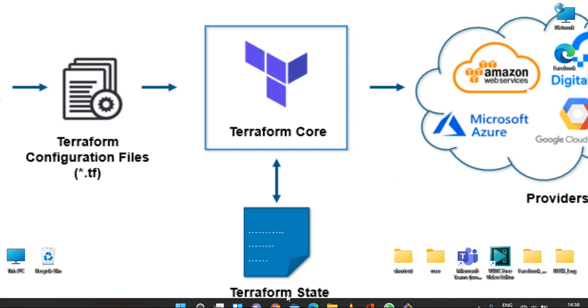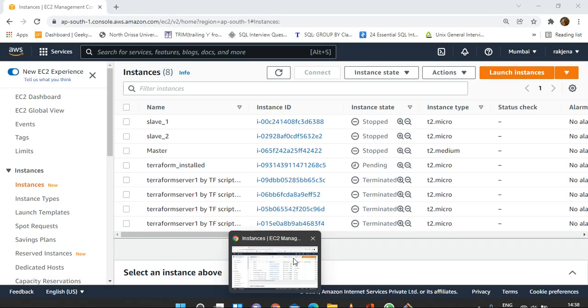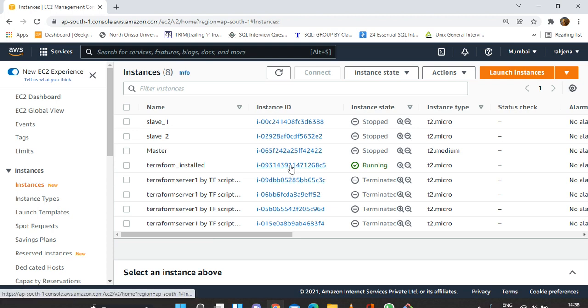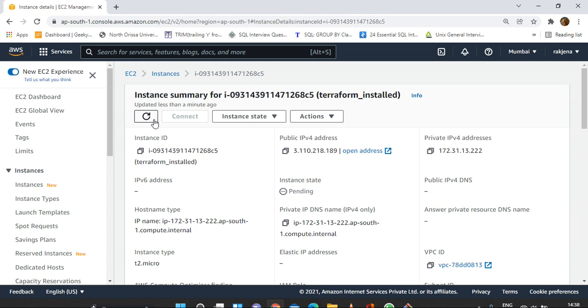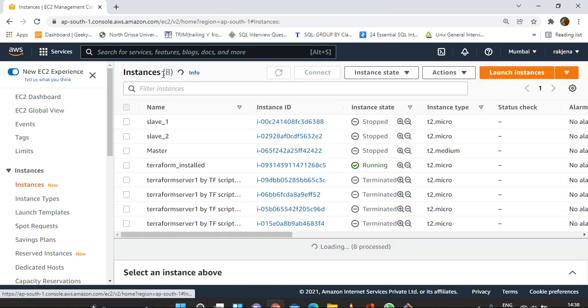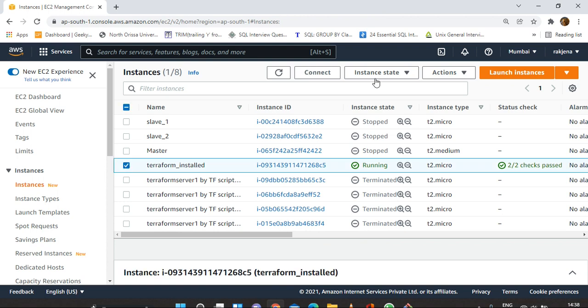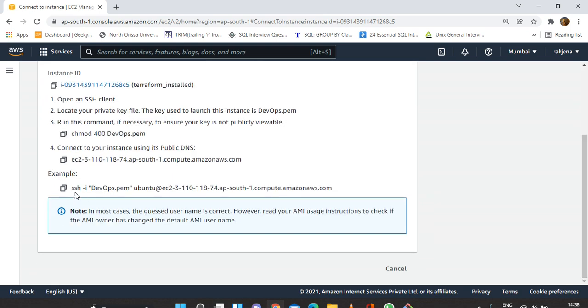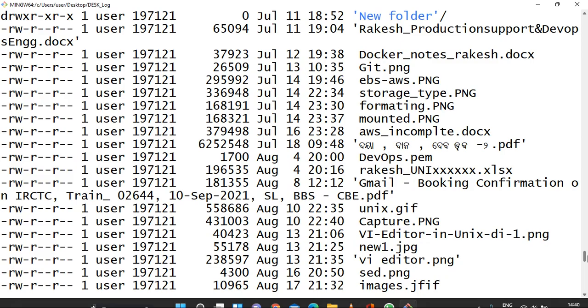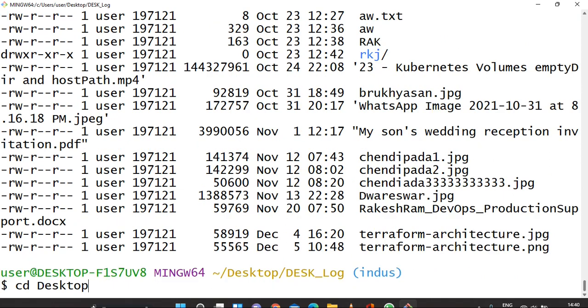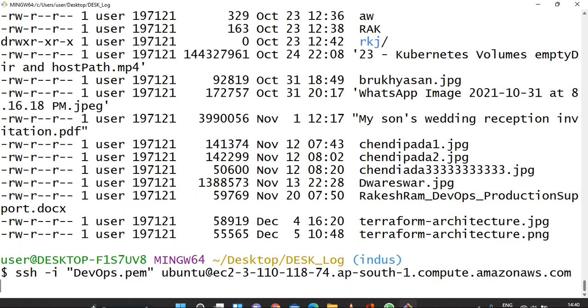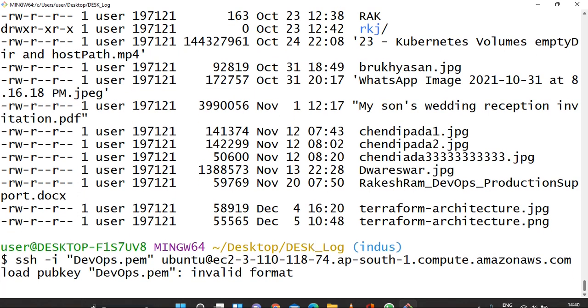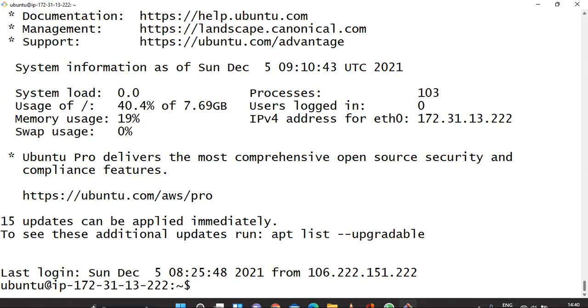So let me connect with the server where we installed Terraform yesterday. Yes, now we are connected to this server.